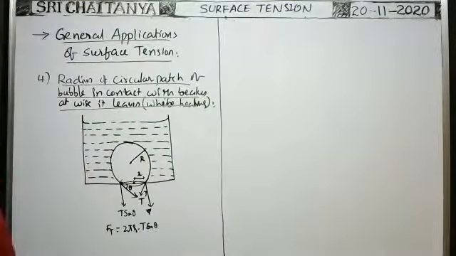So that is equal to the volume of the bubble. As the bubble is spherical in shape, the volume of the bubble is equal to 4/3 pi R cube, where R is the radius of the bubble produced here, into the density of the liquid, which gives the mass of the liquid displaced, into g. It is the buoyant force.